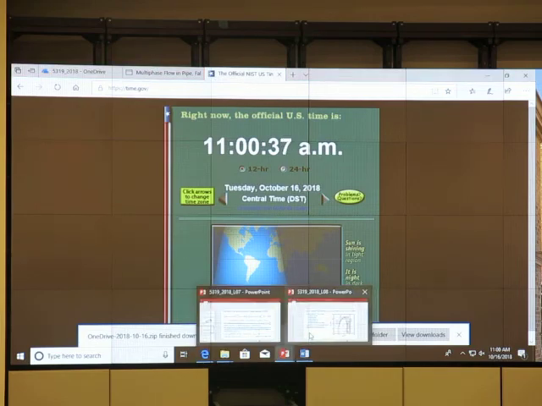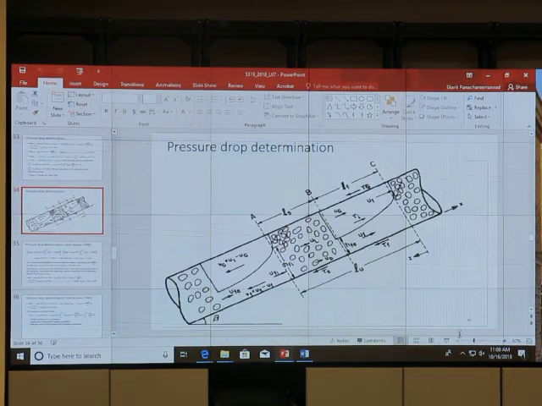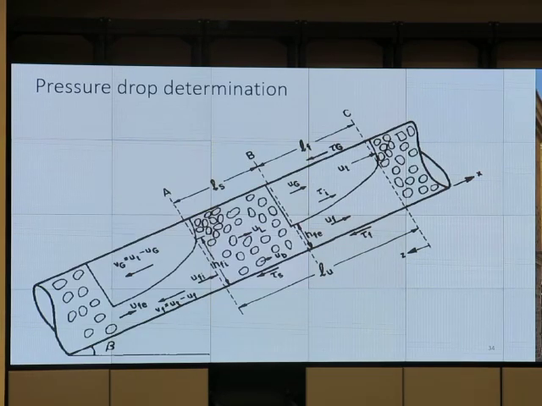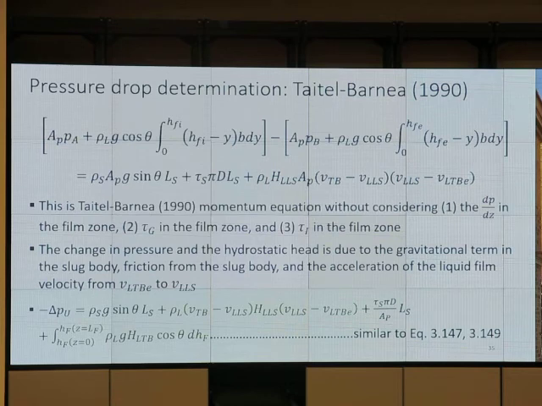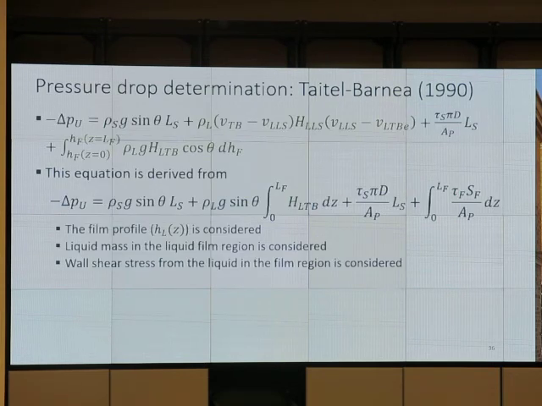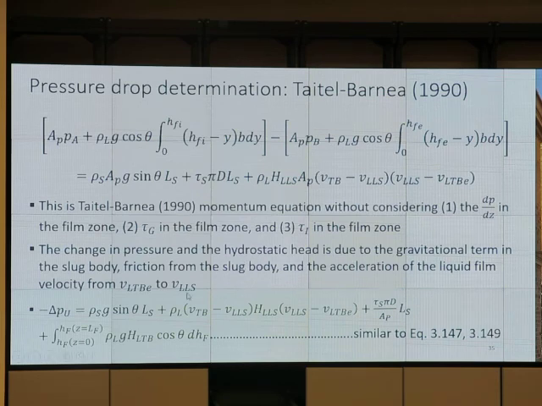In the Taitel-Barnea model, I looked up the original publication and I see this equation. I wonder if it is going to be the same as the equation that we have in the book. So I will try to start from the equation in the book and try to get that. Last time we talked about this equation, delta P sub U, and I said it's similar to 3.149,